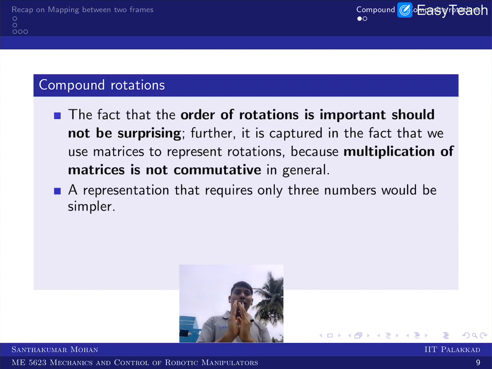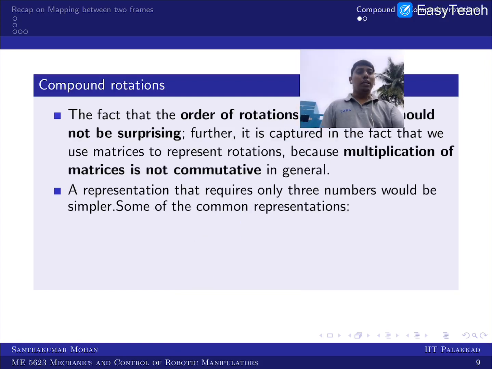So here I am not interested in giving more detail about the composite rotation. I am interested in giving one specific aspect. If you are doing a fixed frame, please assume that it is supposed to be pre-multiply. If you are doing a moving frame, you are moving ahead, so you have to post-multiply. One operation done, then you do another operation, taking a foot one by one. That's why we do a post-multiplication. Whereas with the fixed frame, you are doing everything with respect to a single frame of reference, a single fixed frame. So that's why you do a pre-multiplication. Okay, so that is what we have to get to know.